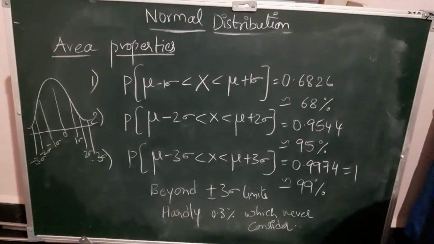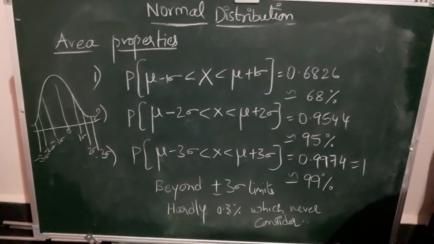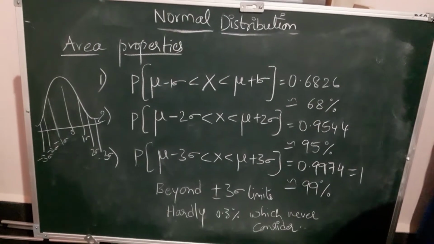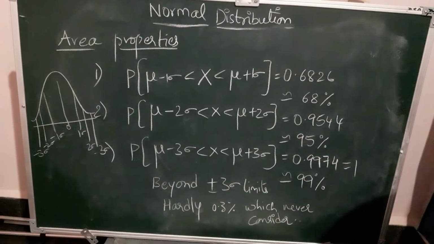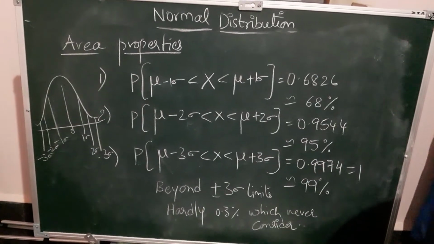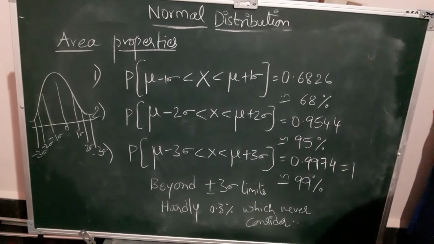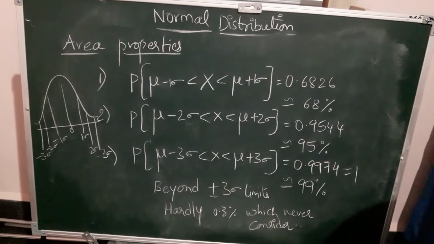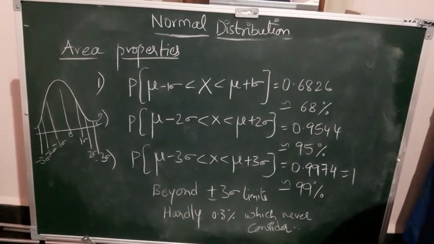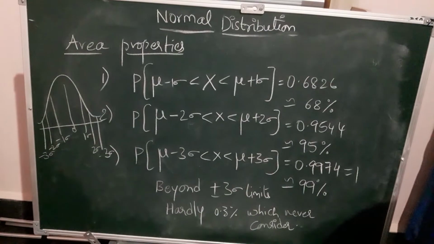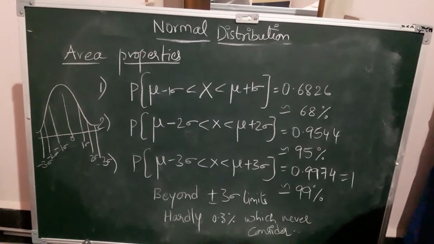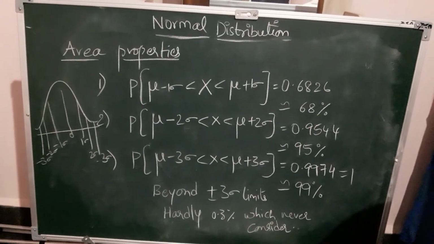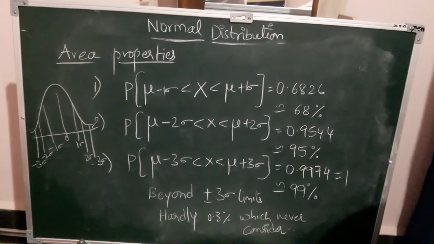I hope I am very clear about all the properties of normal distribution. Properties are very, very important, students. Totally we have 11 plus 3 area properties, around 14 properties. So observe carefully. Sometimes these properties may be asked for 5 marks, writing 5 properties of normal distribution, or sometimes 1 mark, 2 mark problems, like giving property number 5, the standard deviation value, find out QD and MD, that is quartile deviation and mean deviation, 2/3 and 4/5 sigma.